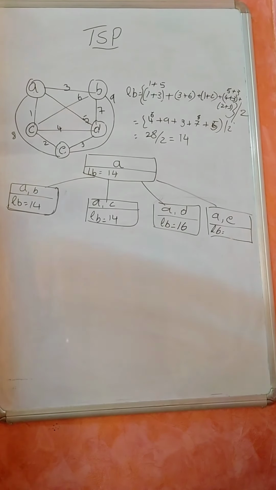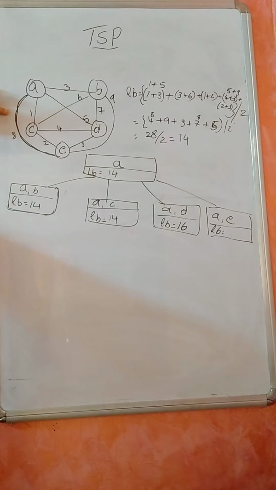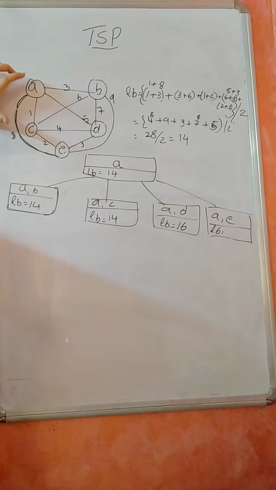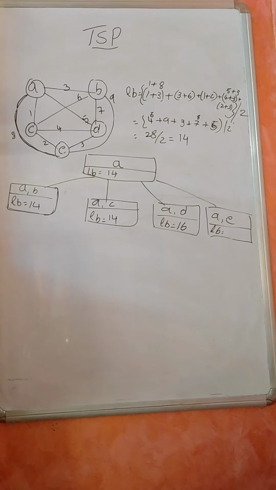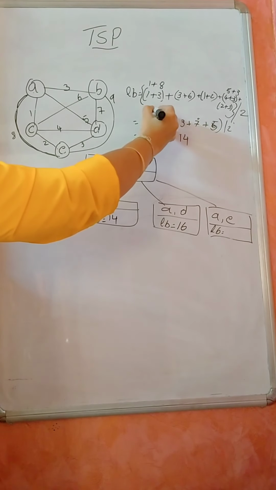Now A to E is fixed, which means 8 is fixed. Now which is the one more nearest from A? 1. So it is 8 plus 1. Now from B it is 3 plus 6. No change, because this is fixed. From C there is no change, 1 plus 2. And from D it is 4 plus 3, so it is 7. So where is the change now? The change is here, 9.